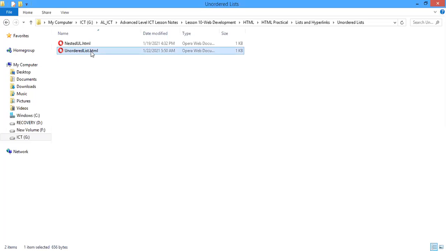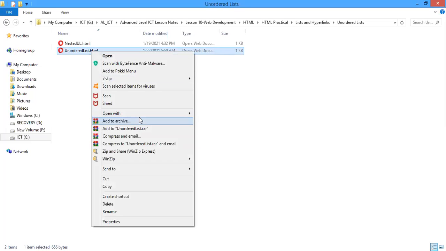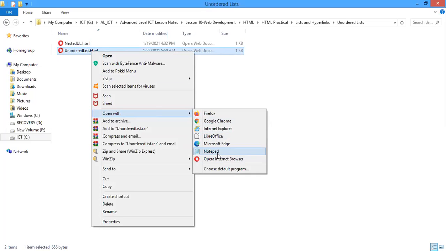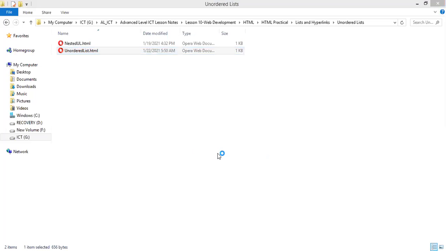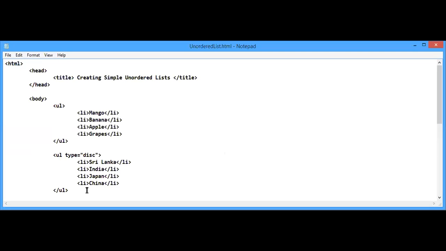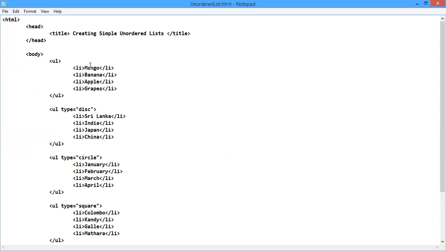In order to get some understanding about the unordered list, we will see the output of this file first. This is the output. In order to insert an unordered list, we use the UL tag, unordered list.